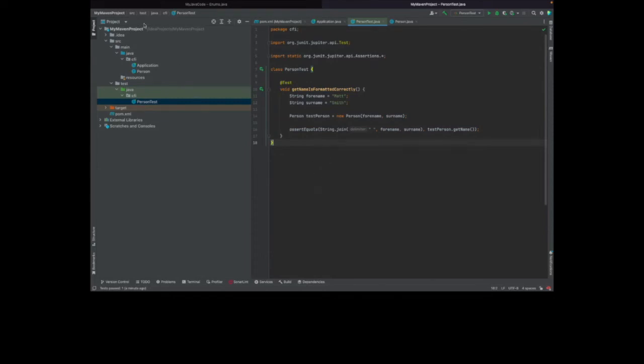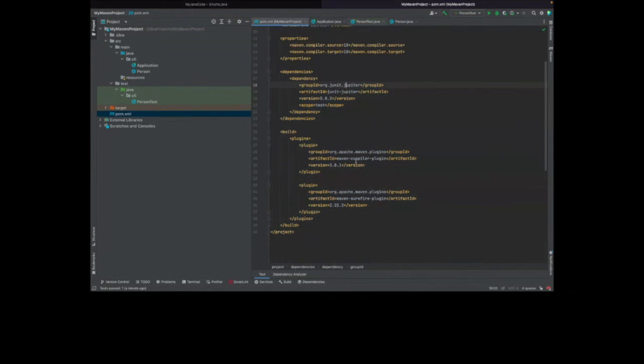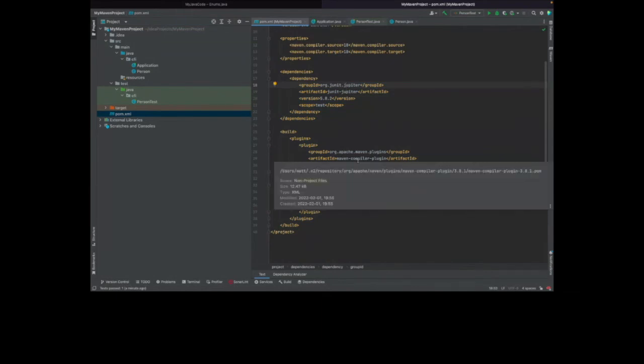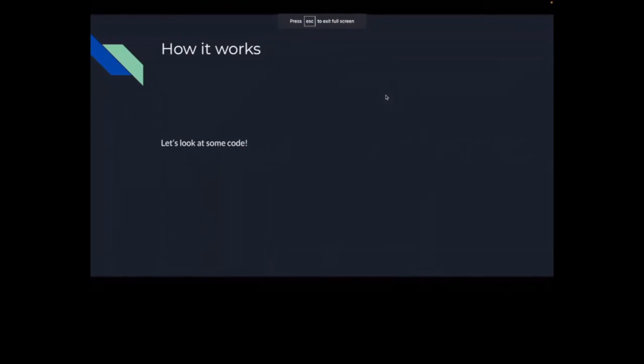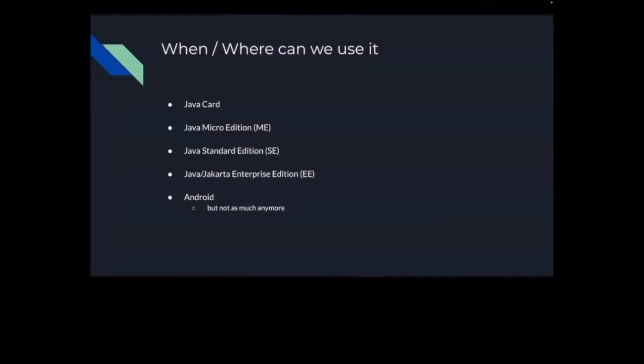And so then when you run it, it bundles all of your classes and the things related to your application into a target directory, which I usually just completely ignore because it's basically where all the compiled stuff lives. And so that's Maven. That is one of the standard build systems for writing Java. You write all of your code in main Java, and you handle all of your dependencies in pom.xml. So that's how Java works. Let's move on because we're short on time.